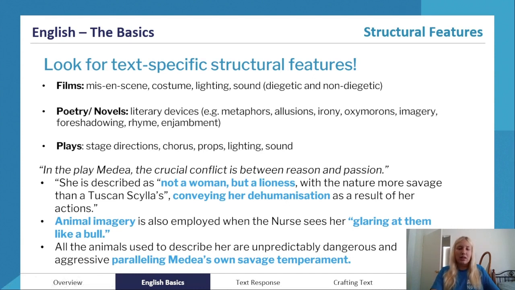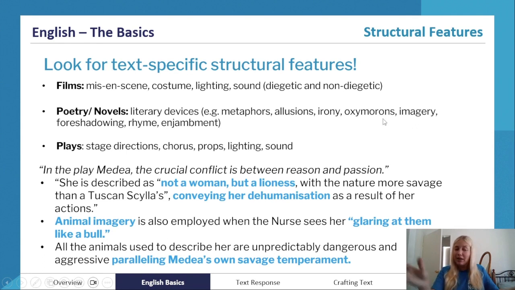So animalistic imagery is when animal-like qualities are being assigned to a person to paint them in a certain light. And we see that meta language has been used here, and we've made it clear to an assessor that we've analyzed a structural feature. All the animals used to describe her are unpredictably dangerous and aggressive, paralleling Medea's own savage temperament. So she's further likened to an animal,